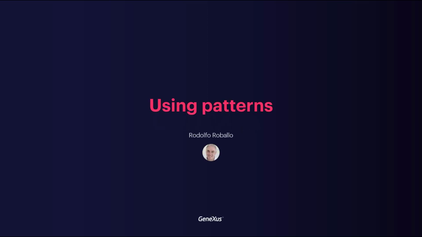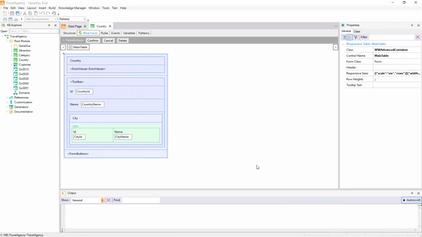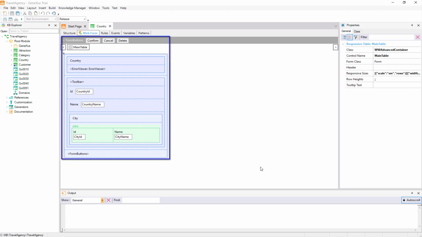Patterns allow us to empower applications by easily adding new features. When we apply a pattern, GeneXus creates all the necessary objects to provide the desired behavior without the need for us to program them. For example, let's suppose that even though we have the countries transaction to enter, change, and